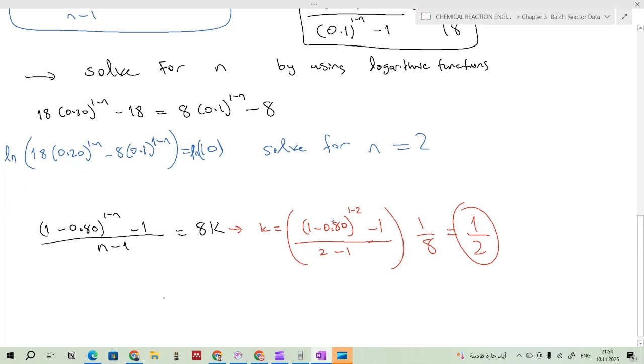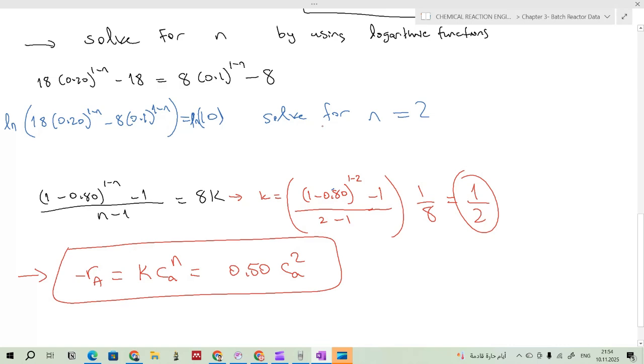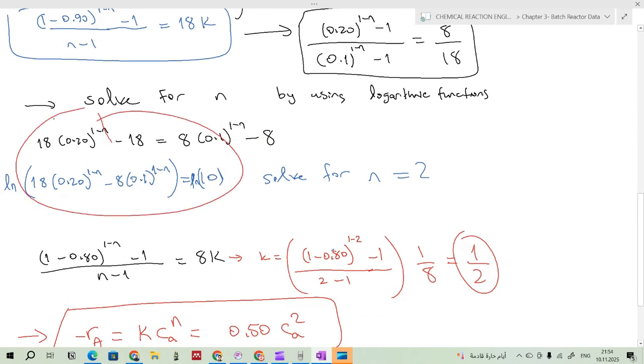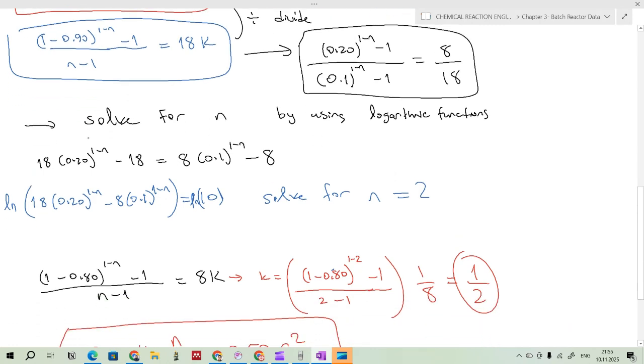So that means that the reaction equation can be written as k Ca to the power n, and it is 0.5 Ca to the power 2. This is the reaction equation that can be written. I'm sorry for the algebraic part that I couldn't solve. If we were able to put them as a common factor, we could bring the exponent down, transfer this one to here, and solve for 1 minus n. So this is how logarithmic functions help us. But I'm stuck in this algebraic part,